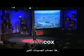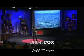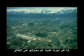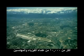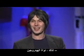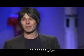This is the Large Hadron Collider. It's 27 kilometres in circumference. It's the biggest scientific experiment ever attempted. Over 10,000 physicists and engineers from 85 countries around the world have come together over several decades to build this machine. What we do is we accelerate protons, so hydrogen nuclei, around at